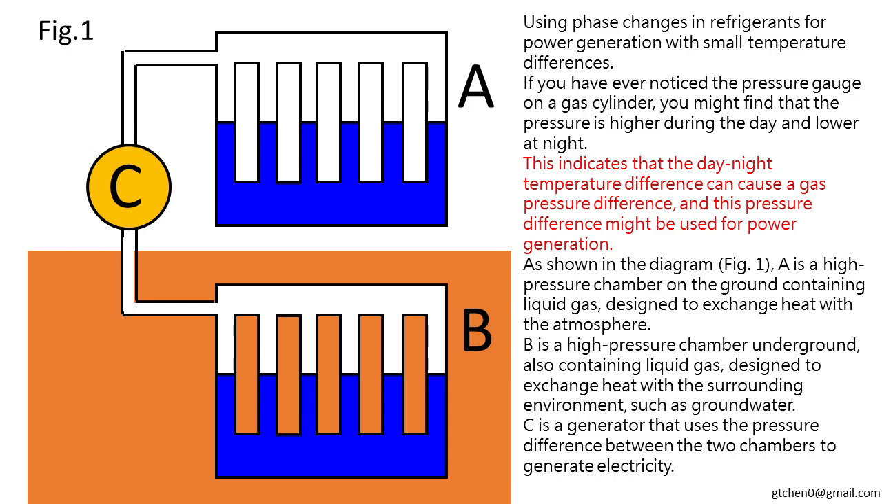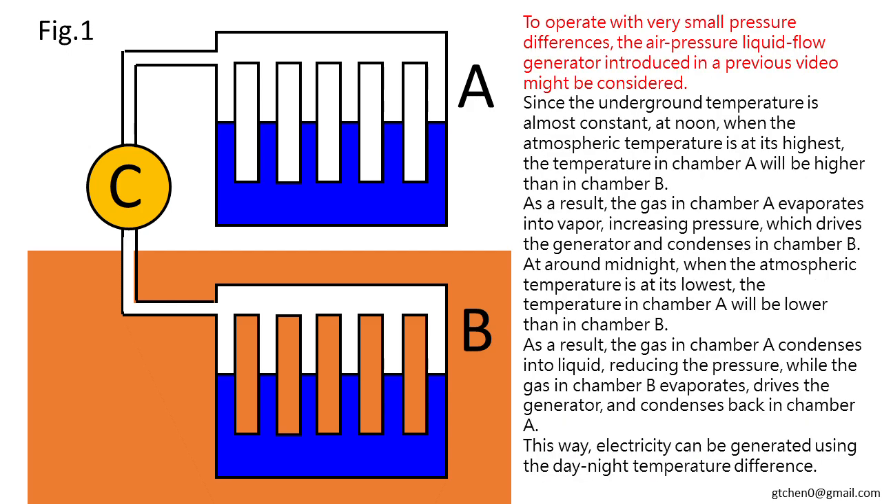for power generation. As shown in the diagram, Figure 1a is a high-pressure chamber on the ground containing liquid gas, designed to exchange heat with the atmosphere. B is a high-pressure chamber underground, also containing liquid gas, designed to exchange heat with the surrounding environment, such as groundwater. C is a generator that uses the pressure difference between the two chambers to generate electricity. To operate with very small pressure differences, the air pressure liquid flow generator introduced in a previous video might be